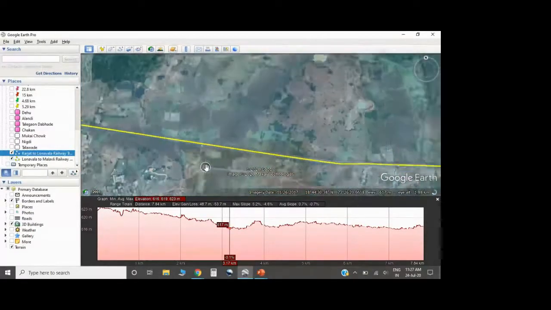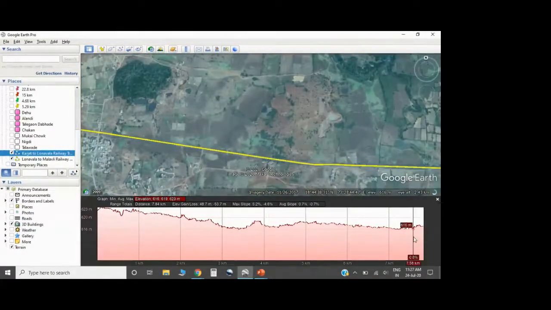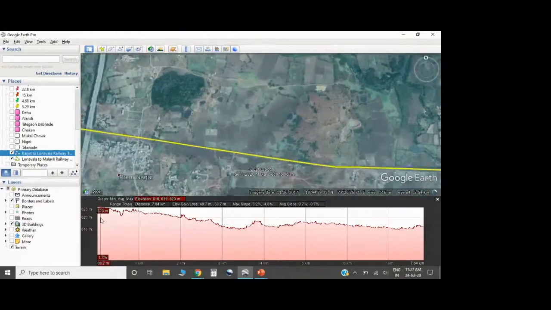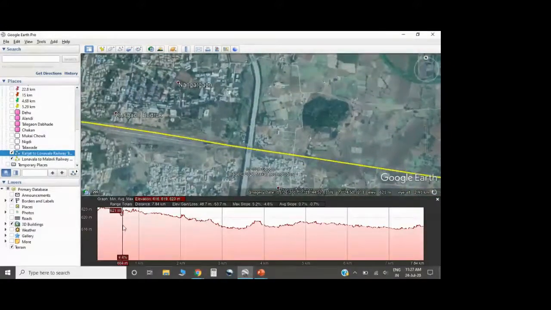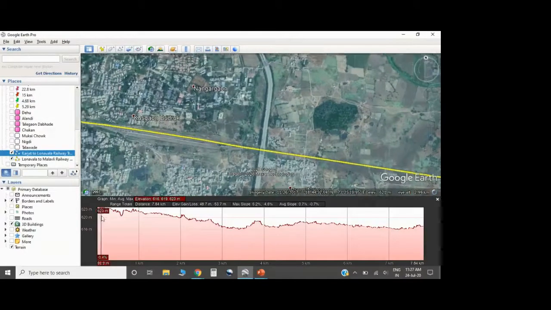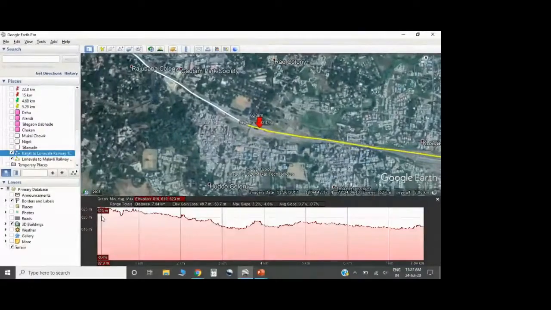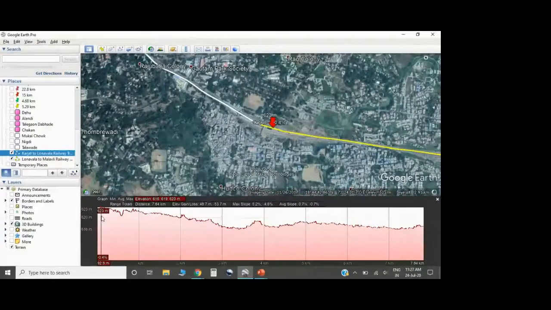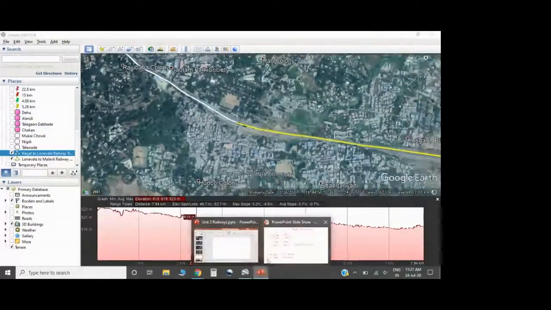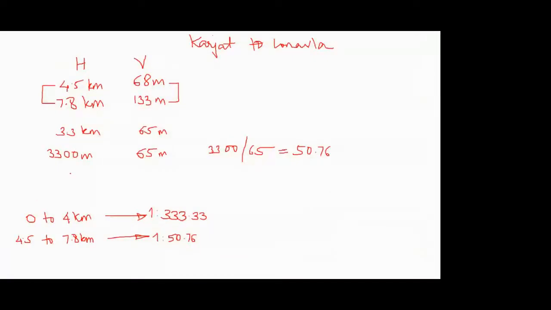So if you find the gradient for this, as we have calculated for the two examples of the Karjat Lonavala section, at 0 meter, if I take the highest point, it's 623 meter. Okay.